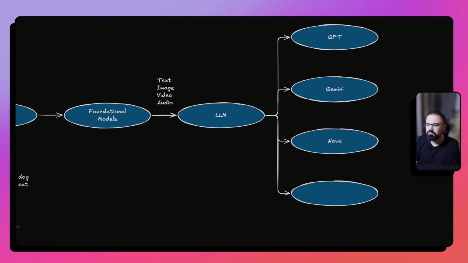Then from Amazon, not a lot of people are aware of this, but Amazon has their own models as well, called Nova models, right? So it can generate videos, it can generate text, images. So there are multiple types of Nova models. And then finally, and most importantly, we have Claude, right? So Claude is something which is also a large language model. There are multiple versions of Claude, and this was developed by Anthropic, right? So GPT-4, GPT-4o, all these models are OpenAI, the top one. Then we have Google, then we have Amazon, and then we have Anthropic. And there's so many others, like Meta is going towards that open source model. Like if you think of this as the operating systems, right?